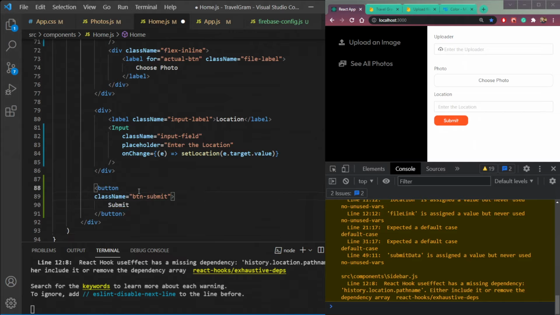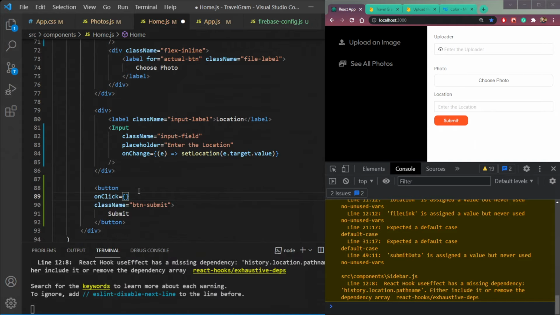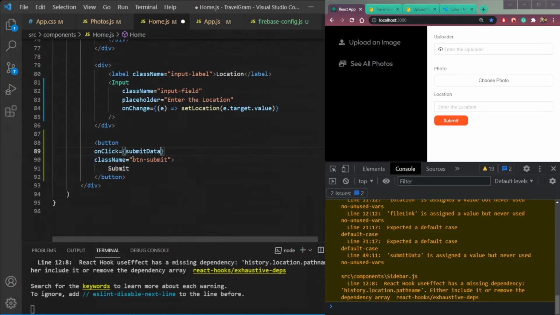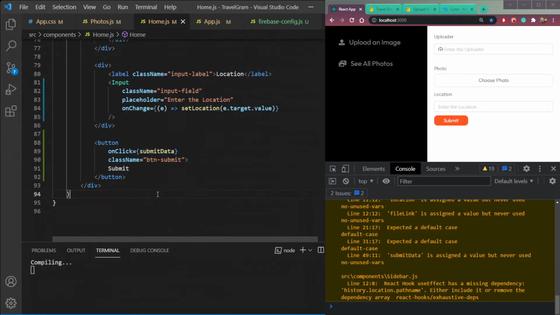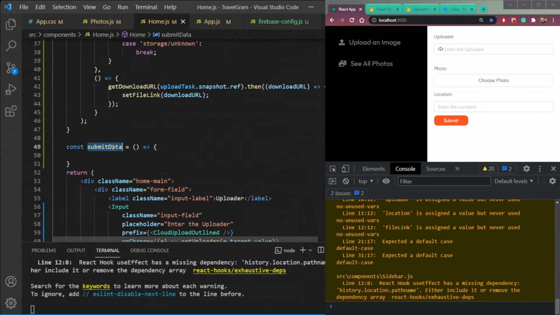So button on click, this function called submit data. Save it. So it's now done. Our submit data function is now mapped to this button.